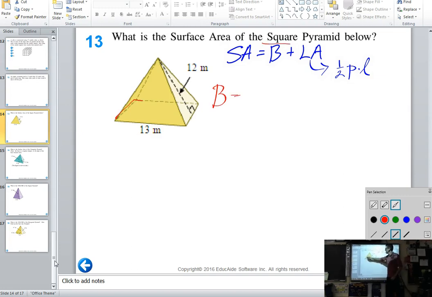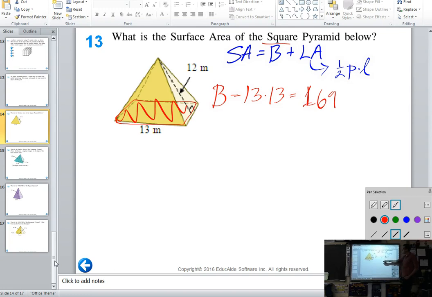So this base of the square measures 13 by 13. So its area will be 13 times 13, or 169 meters squared. Then we want to look at one of the lateral faces, because if I want to find the entire lateral area, I could do that by finding one of the faces